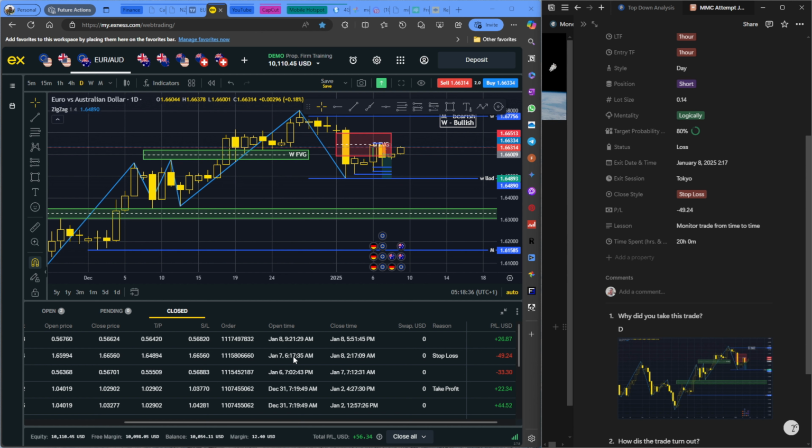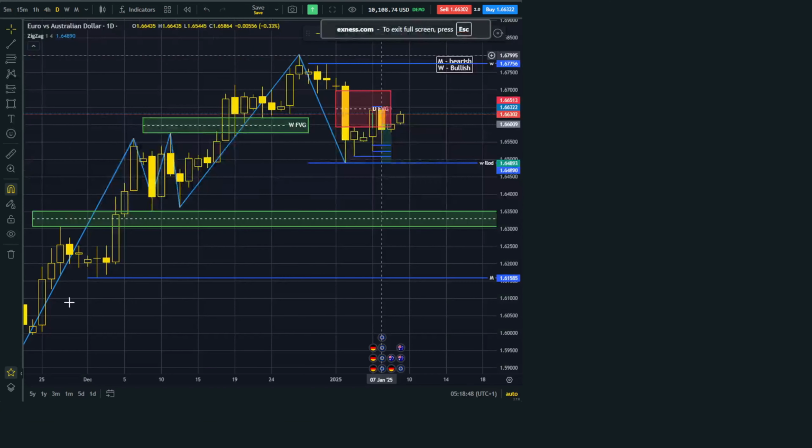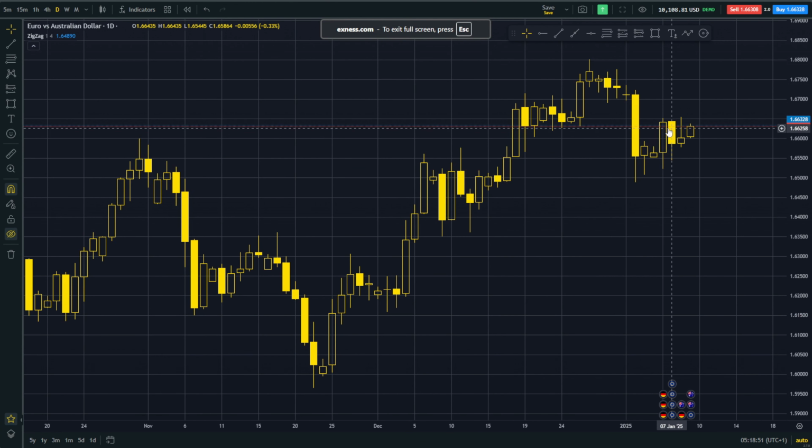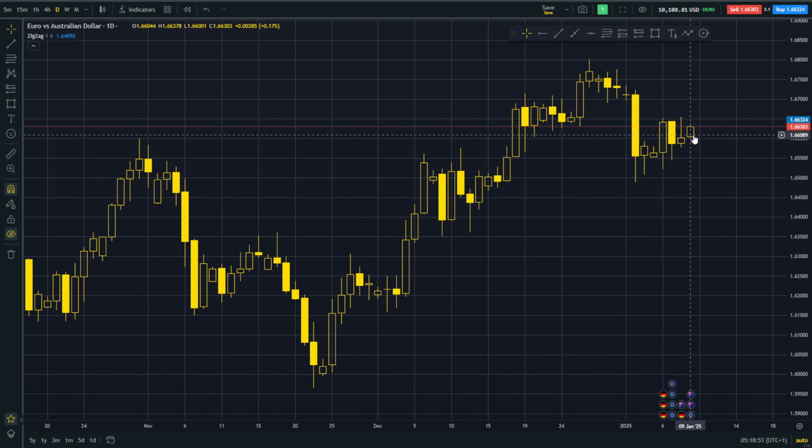Wow, that is terrible. And the market is now consolidating basically. You can see for the past 2 days, there has not been a useful move. Let me just put it up here. You can see clearly, it's now consolidating somewhat. For the past 2 days, there has not been a clear move. There has not been a reasonable direction in this market.